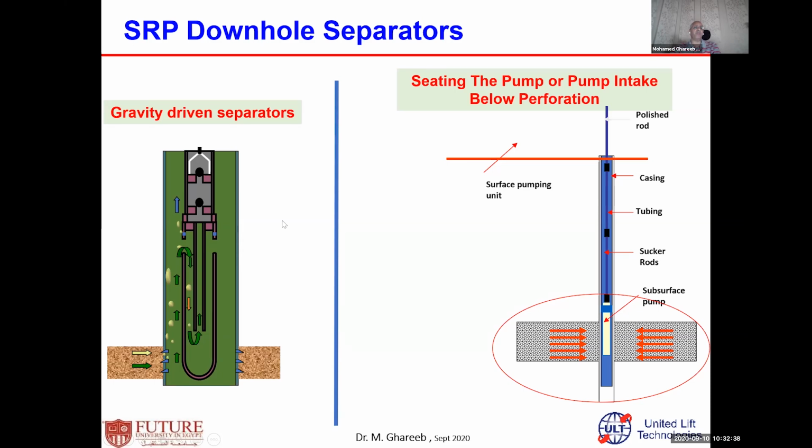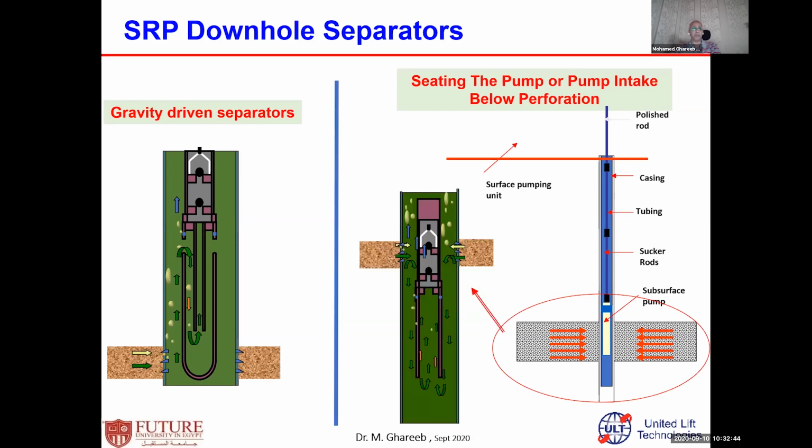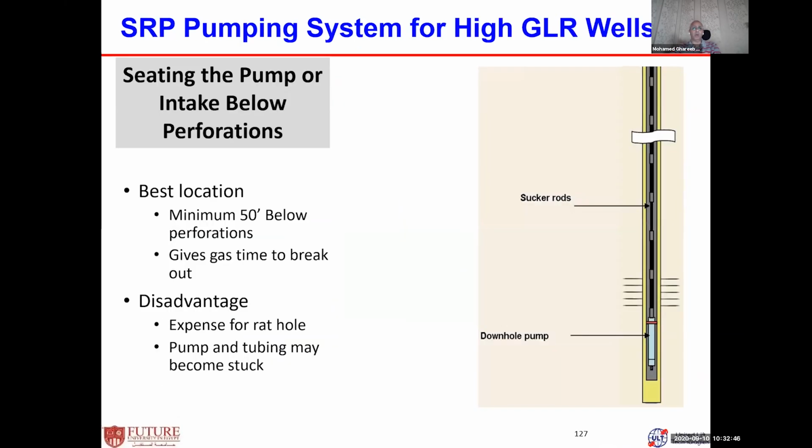In this case, there is different geometry of downhole gas separators and so on. Okay, then rod pumping system for high gas oil ratio, it's recommended like this: setting the pump intake below the perforation. Best location to set the pump intake is below the perforation, at least a minimum number of feet below it, 2 to 6 joints of tubing below the